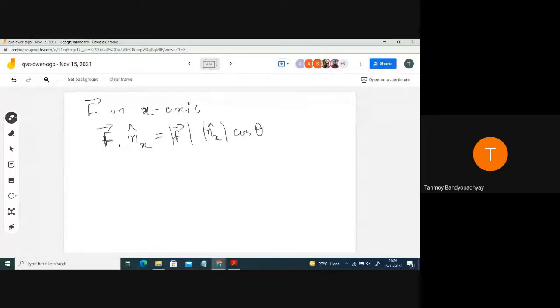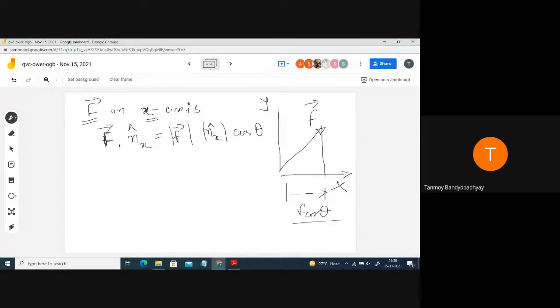Okay? So in this case, we are supposed to find out the projection of the force on the x-axis. It is a very easy problem, just a 1D problem that is given for your understanding. We're moving to more 3D problems. So this is x-axis, this is y-axis. Suppose I am having a force, and I have to find out its magnitude on the x-axis. Generally, the concept is I do F cos theta. What I am actually doing is finding the dot product of the force with a unit vector in the x cap direction. Whatever direction you are given, you find the unit vector in that direction. So in this case, we are having x cap.